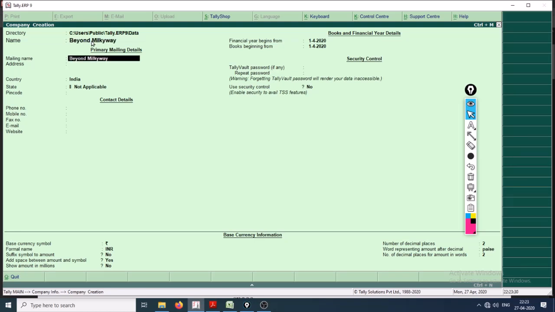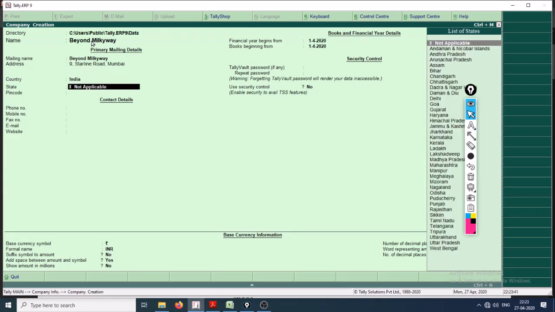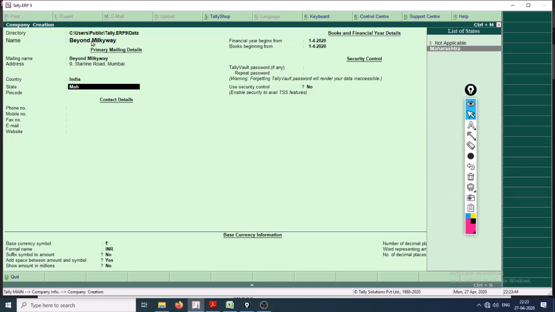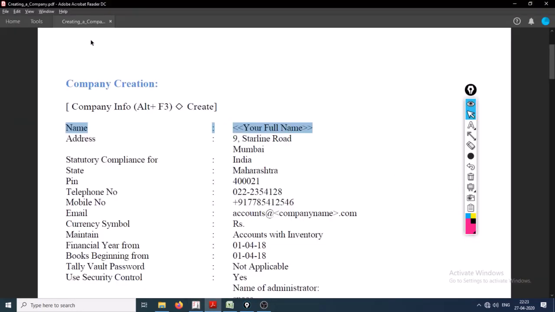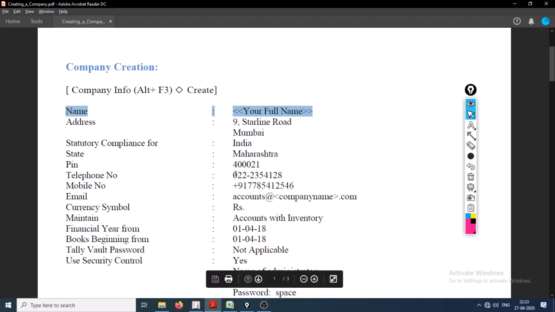Enter. Mailing name is okay. Address is 9th Starline Road, Mumbai. Country is India and it is Maharashtra. I encourage you to feel free to choose your own country and city, but it will not have any effect on our accounting purpose. Also, choosing your own currency would help you make it more interesting.